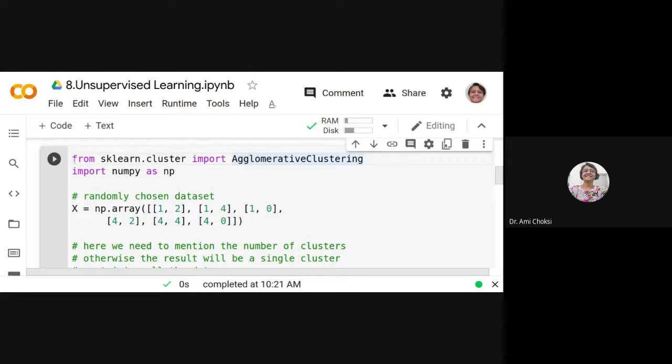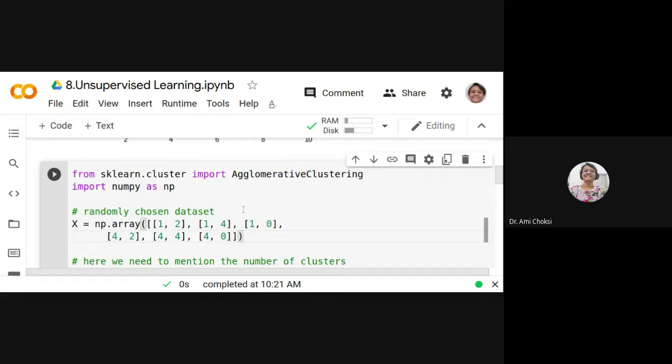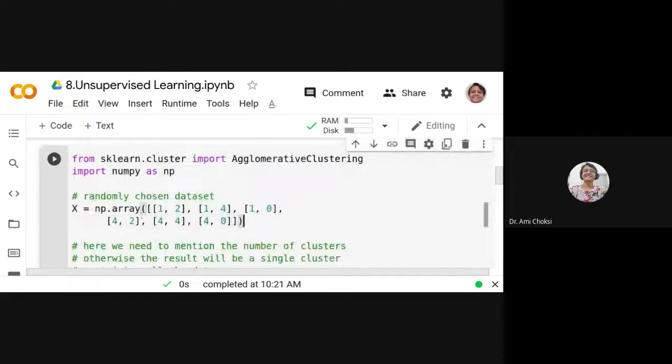So here we are importing the particular class. Then we import numpy as np. This is required for all the algorithms as we are using the numpy array here, right? So x is equal to np.array.